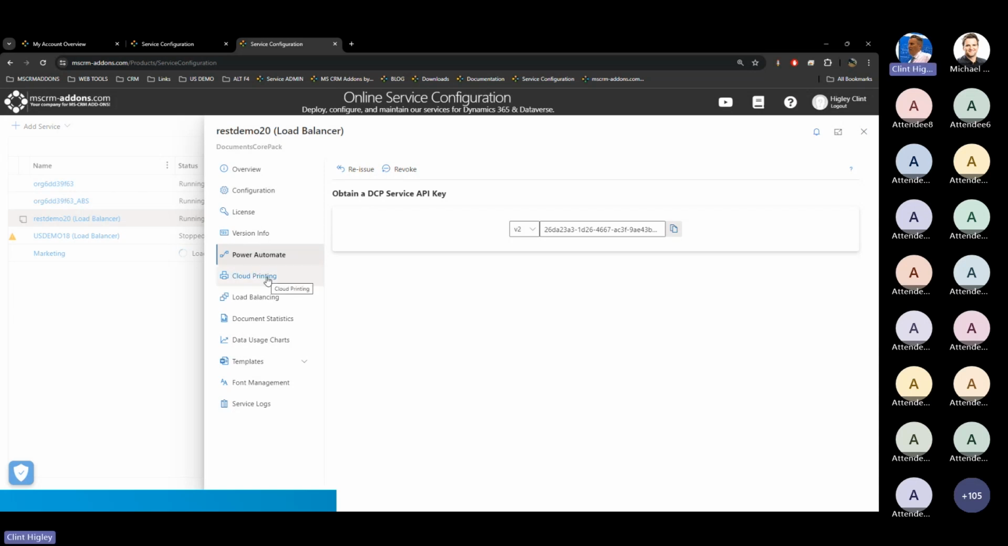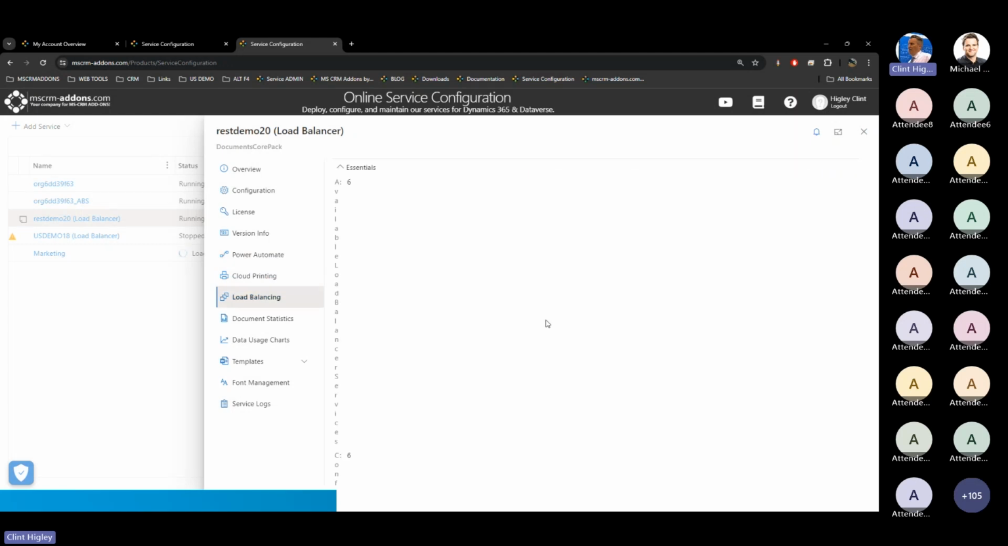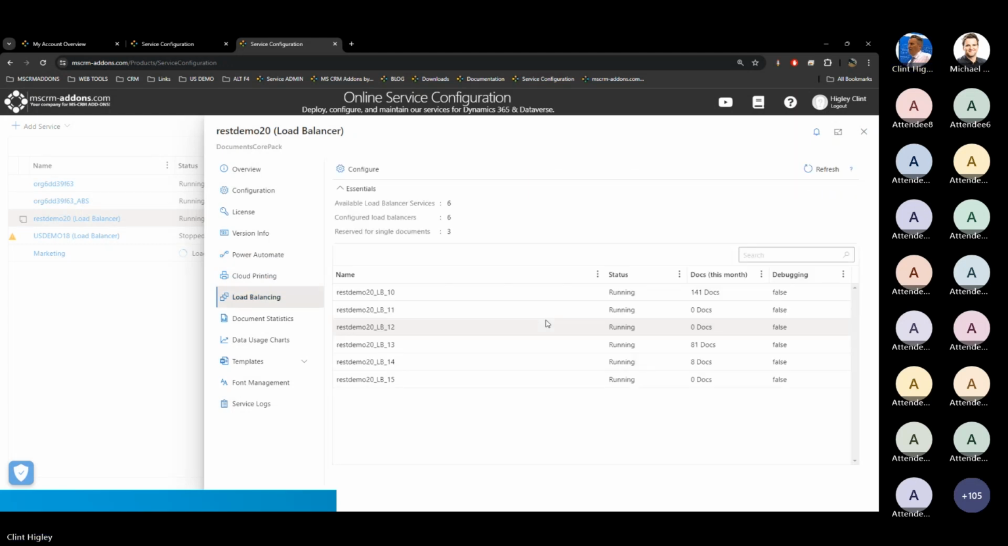Next, not going to go into it because I don't have any printers, but this is where you would set up our cloud printing solutions, right? We do offer some cloud printing solutions. Next is load balancing. Not really going to go deep into load balancing, but basically what it allows you to do